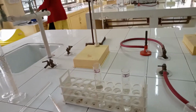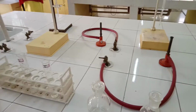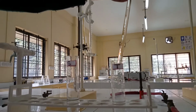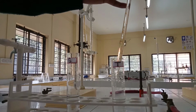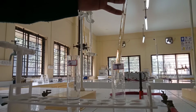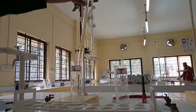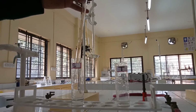So this has been done. Now we will be adding 2 ml of 20% weight by volume of citric acid. That means 2 ml from this solution, and we will be adding to both the Nessler's cylinders. Now we are adding 2 ml of citric acid 20% weight by volume here, to the test Nessler's tube, and here another 2 ml of 20% weight by volume of citric acid to the standard,